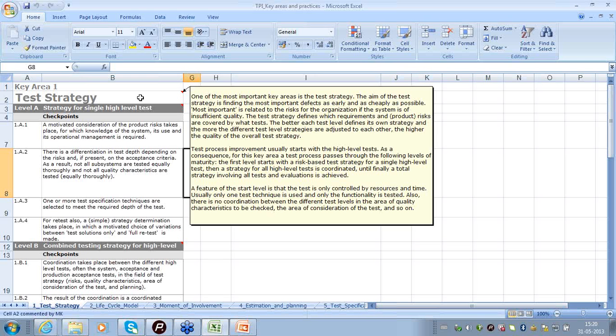So I will leave the screen for a minute so that you can read through the requirements or the summary of the test strategy key area. So as you can see here, the ultimate aim of the test strategy is to find the most important or key defects as early as and as cheaply as possible.